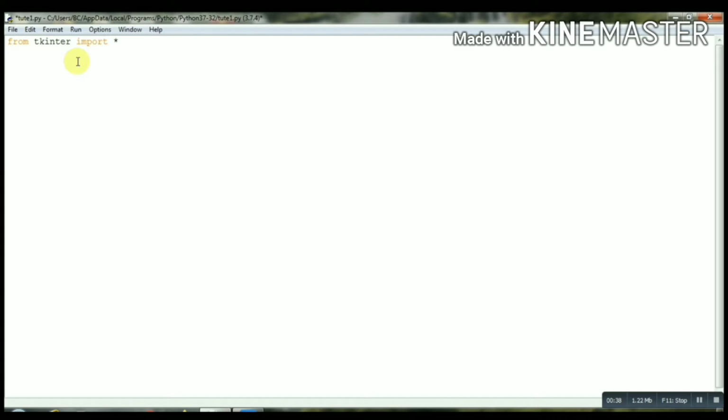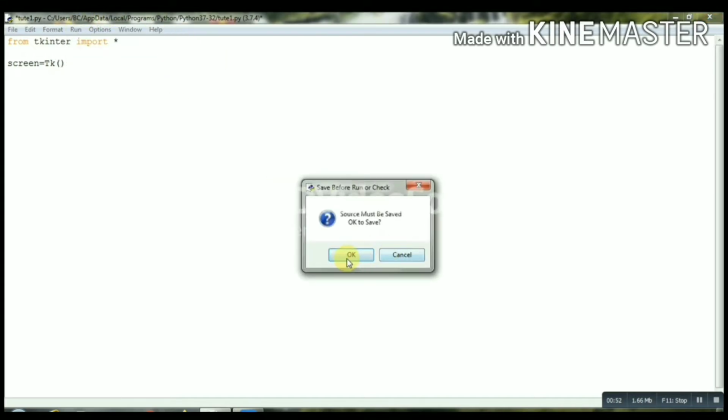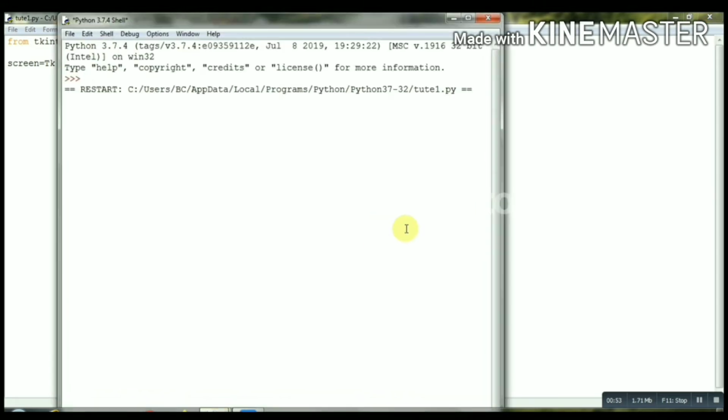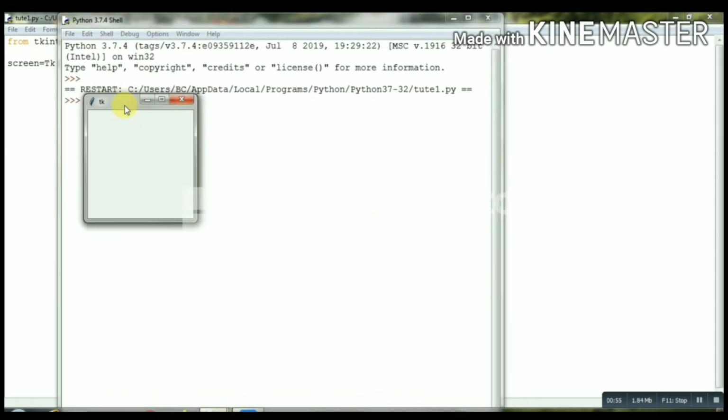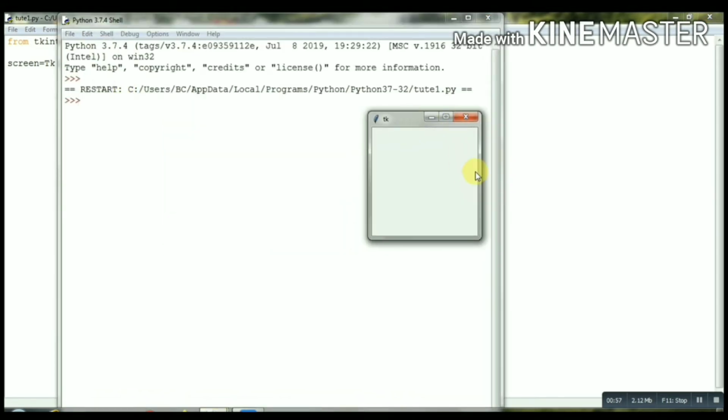After that, we will create a variable name, I am giving it screen, then write capital T and small k. Okay, this is our screen. It means you can say this is our Tkinter window name, that is screen. So here you can see that it appears. You can resize it also.